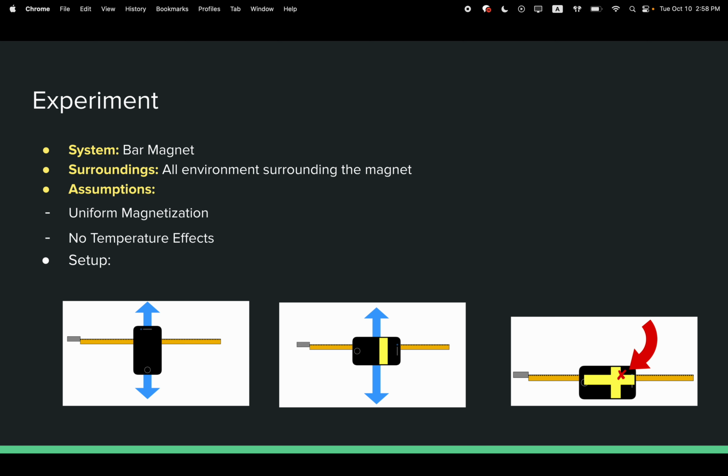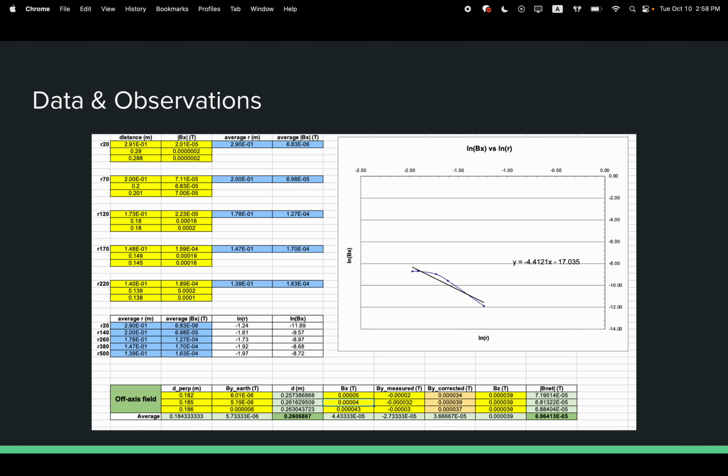And for the setup of this experiment, I used a magnetometer, which is an application on the phone, and I set the x-axis to 0, and I measured the distance between the magnet and the phone, the magnetometer, and recorded the y direction of the Earth's magnetic field. And I recorded all of this data on a spreadsheet, and it gave me a calculation of the average B